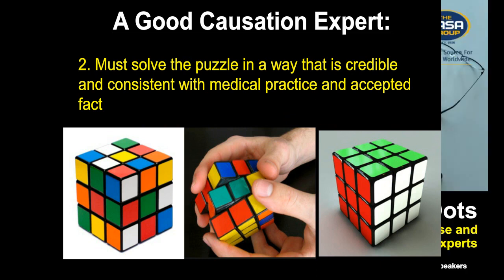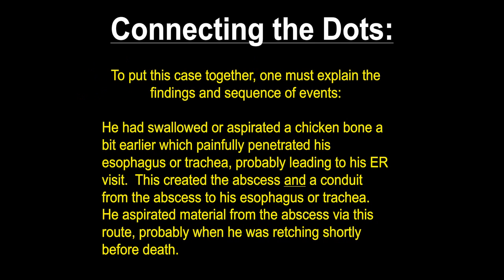To put this case together, you have certain things you need to explain. He had swallowed or aspirated a bone. I posit a chicken bone, but it could have been anything else. A bit earlier, that painfully penetrated to either his esophagus or his trachea, probably the esophagus, causing him to go to the emergency room. This created the abscess because the foreign material in a place that's normally sterile generates inflammation, and it usually carries with it a great deal of bacteria from the mouth, from the original source of the bone itself. He aspirated that when he was retching, and probably that was what caused the clinical situation